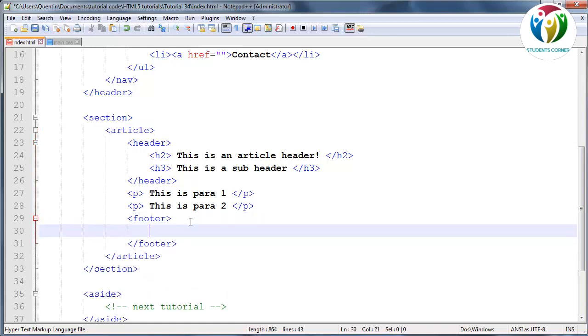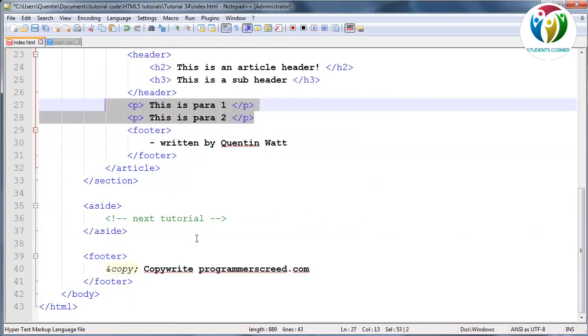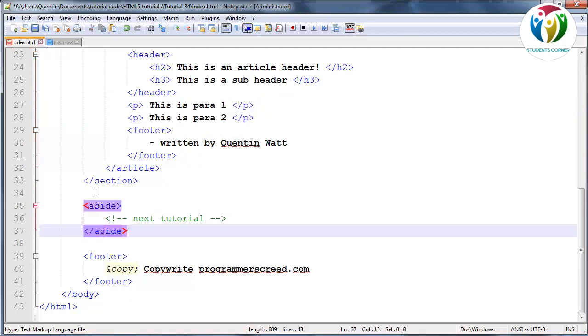Okay, and then you could go ahead and in this footer end it off by saying this article was written by Quentin Watt, just because I did write it right now. Best article in the world, para 1 and para 2. But yeah, okay, so that is what we put in the section, and the aside is pretty much the same thing actually,